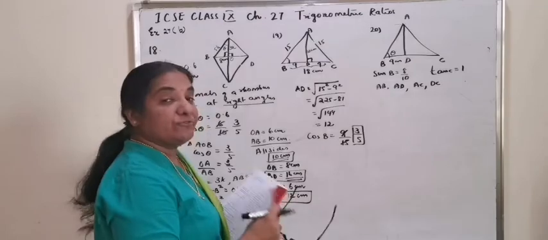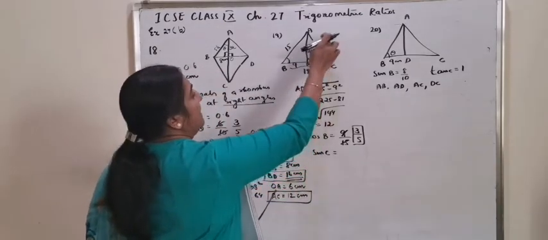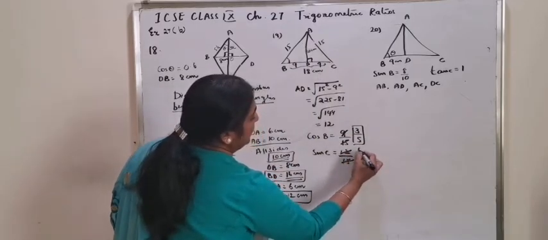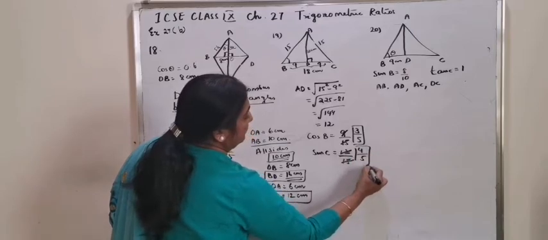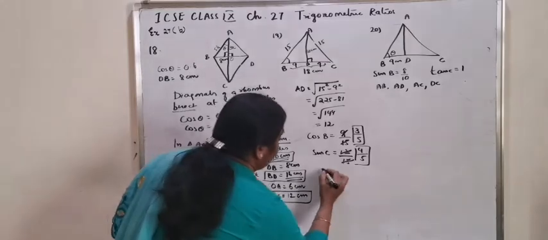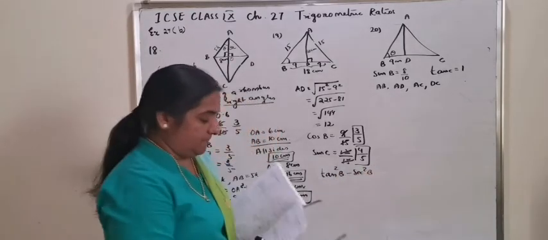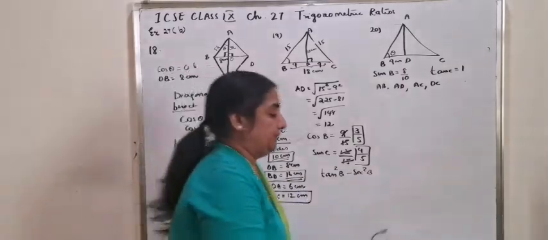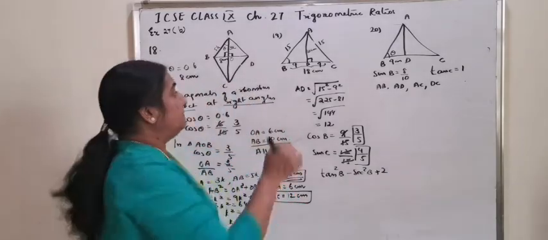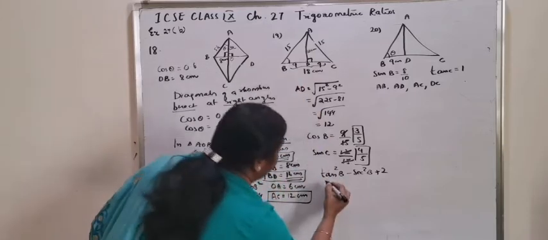The next value of sin C. Sin C is equal to 12 by 15, reduce it with 3, 4 by 5. You have to find the value of tan square B minus sec square B plus 2. Tan B is the same as 12 by 9